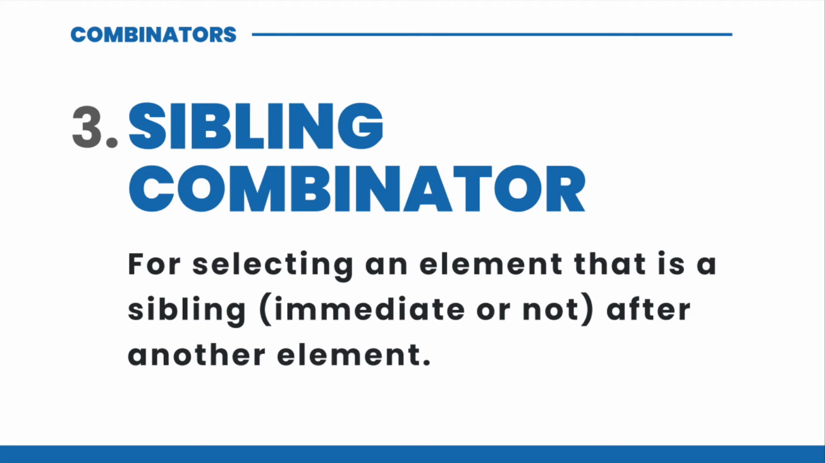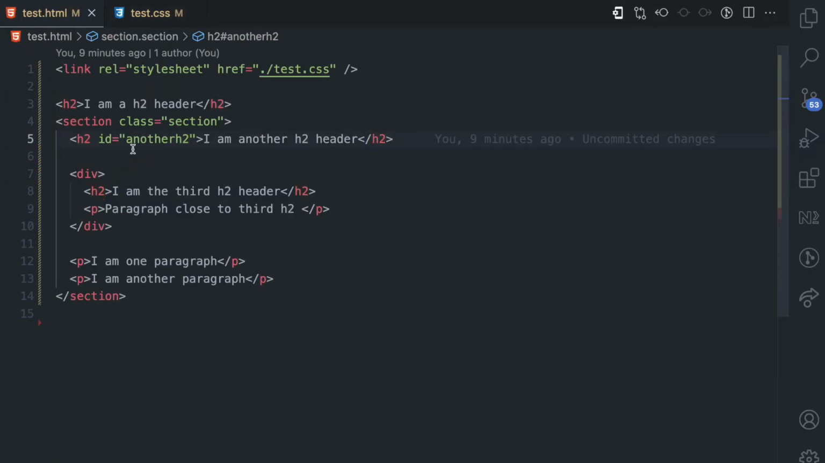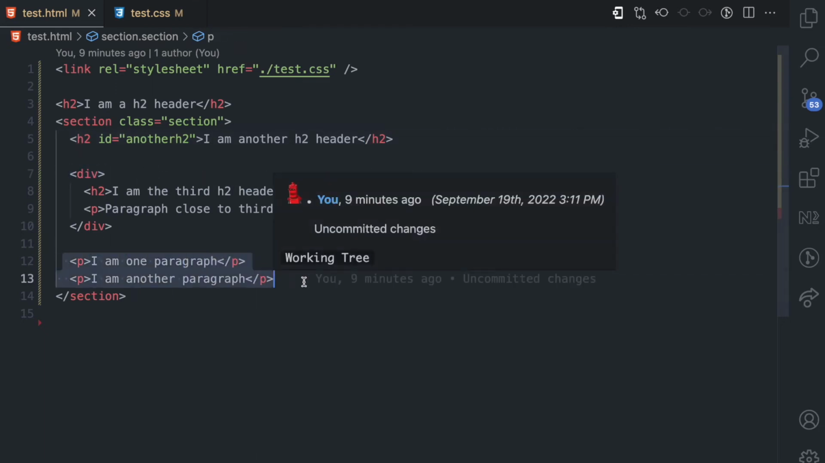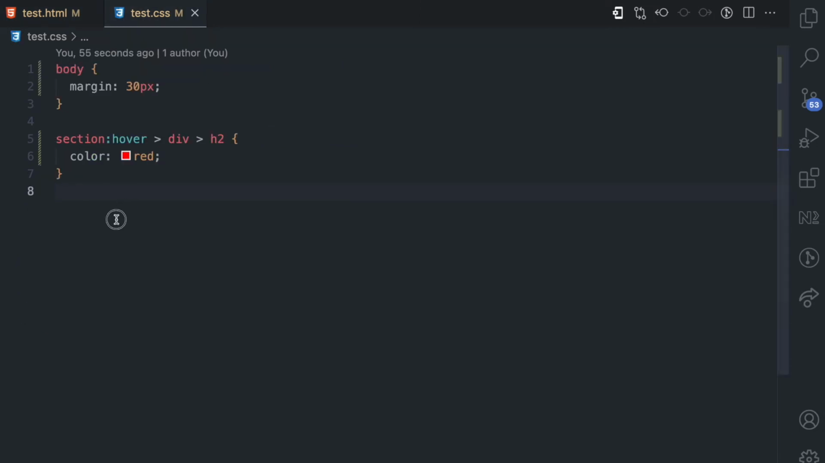The third combinator is the sibling combinator, and this allows you to style an element that is a sibling after another element. What do I mean here? Let's go back to this HTML. Now this h2 and this div and these p tags here, they are all siblings, just like you have in families. So if I come here by using the tilde symbol, I can do something like this: h2 tilde p, and then here I can style some things like color purple. Let me use purple for example. What this means is that it's going to select all the p tags that are siblings of this h2 tag,